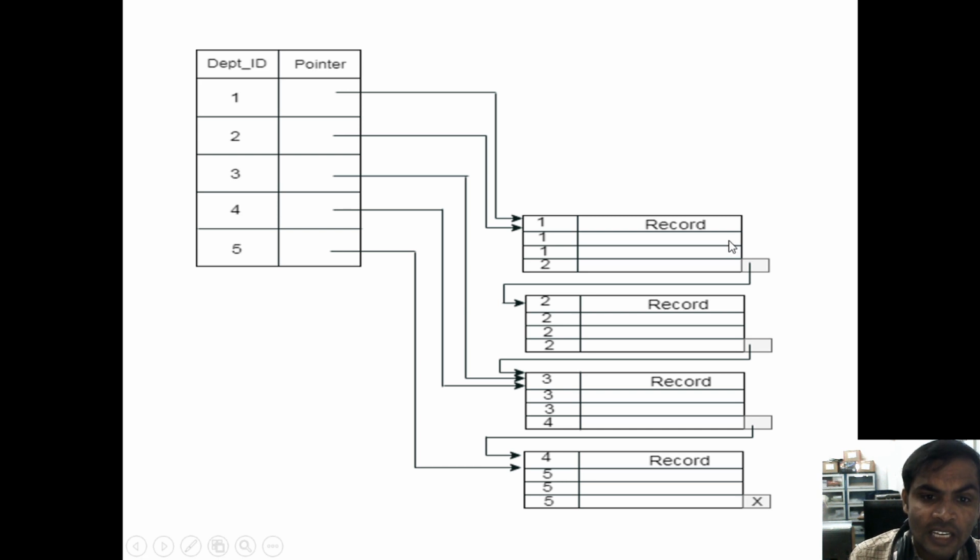After searching in the second record, it goes to the third. After the third, it goes to the fourth. Under the fourth, again it gives the address to the second block. Actually, we call this a data block. The term is block or bucket. Under the bucket, we are storing similar items or similar values.